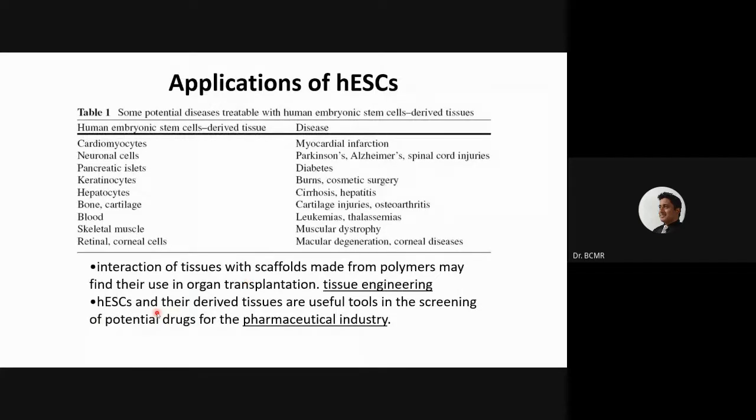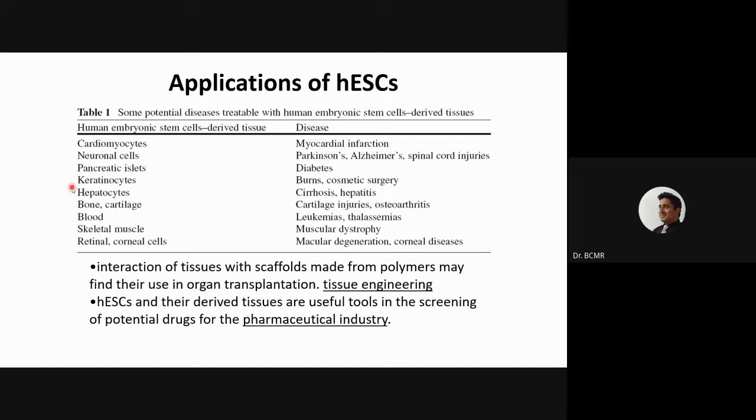Okay, here are some examples in which you have to be very careful when we talk about embryonic stem cells. It says potential. That means possible in the future, not yet approved. You should also remember that, as I said, approval is not given for most things that we know of. Majority of them are at the clinical level. Keep that in mind. So if we have embryonic stem cells, we can derive any of these cell types: cardiomyocytes,